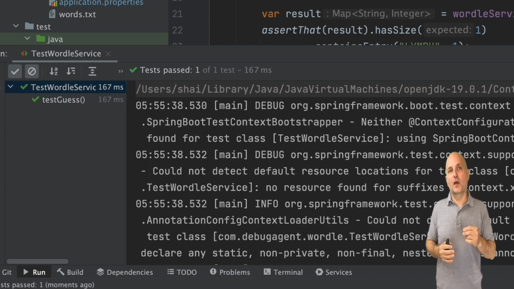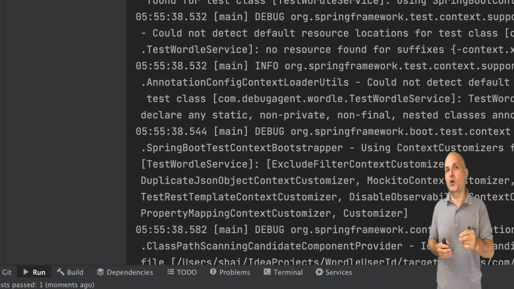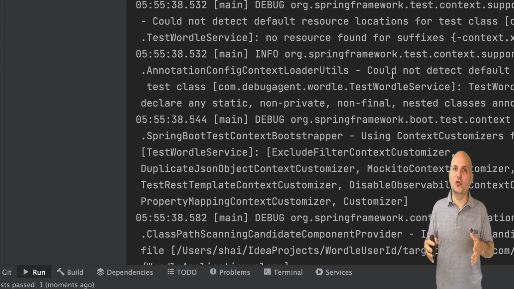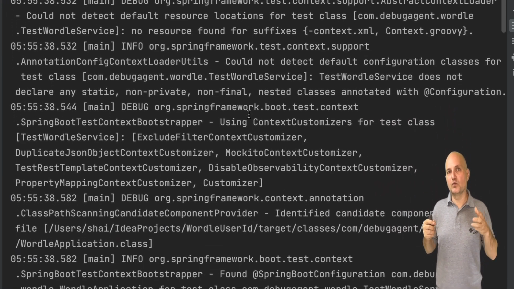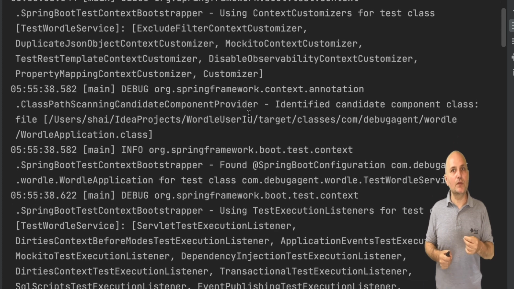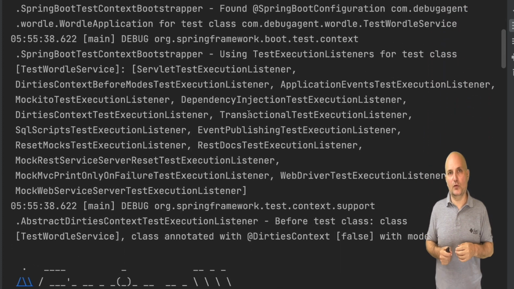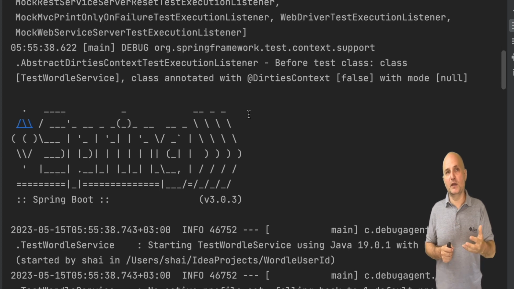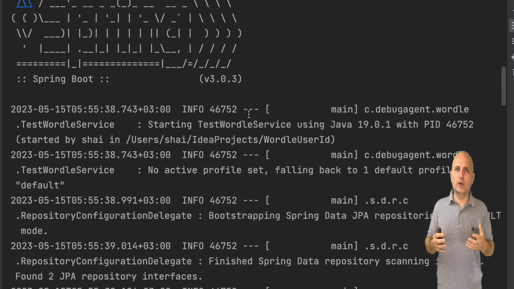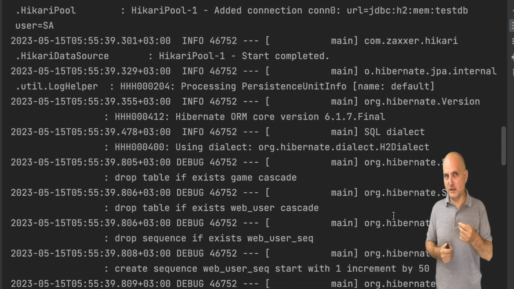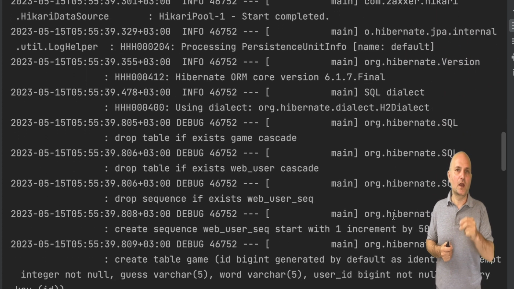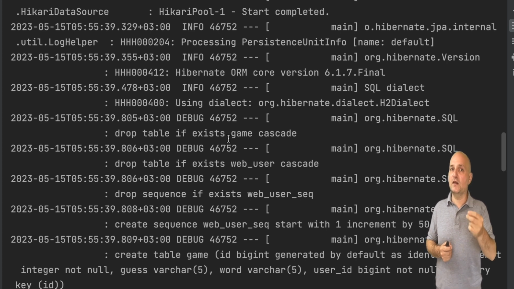Naturally, it passes, but the interesting part isn't that it passes, it's the content of the console, which includes the run execution. The output here is the Spring Boot execution log. When something doesn't work, this is where you need to look first. Since we configured Hibernate to print out SQL, we can see it all right here. Scrolling down, we can see multiple calls to drop table if exists. That means Hibernate is removing old tables, since this is a test execution and it needs a clean environment before it starts running.